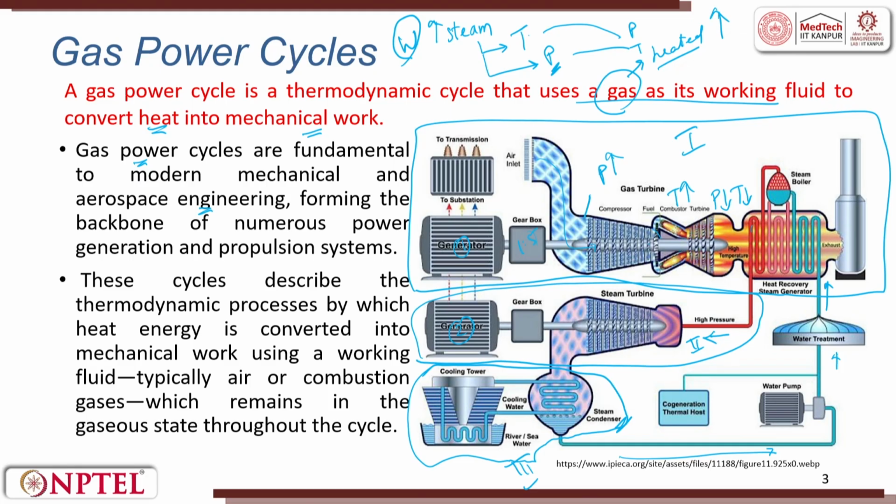Now, I think you should be able to understand. Now, you replace water by gas, that is all. So, water, steam, temperature, pressure, increase, decrease. When it is increased, you try to heat it. When it is decreased, you try to convert it into normal water and then take it back into the system, right.